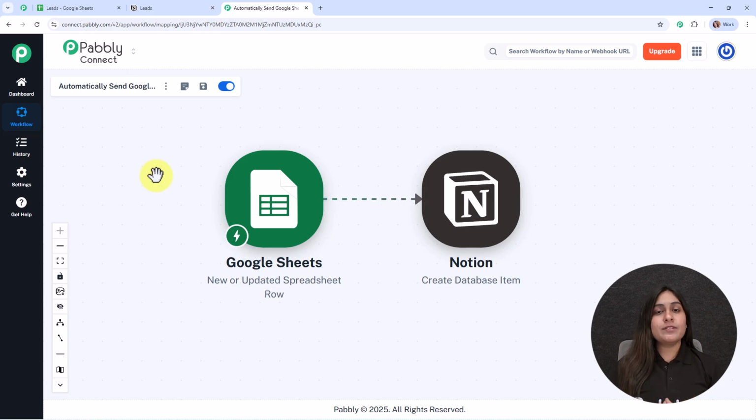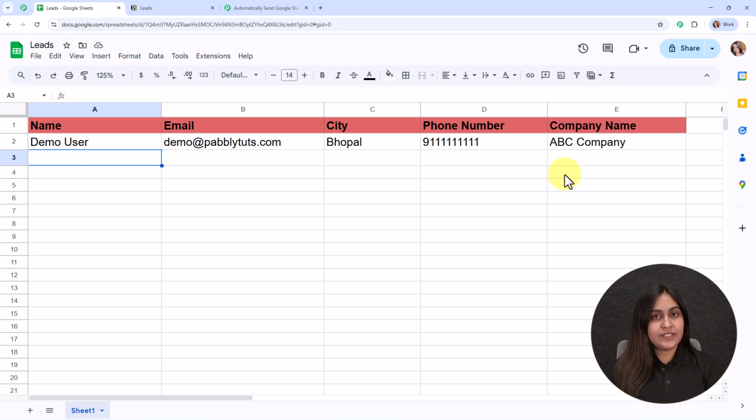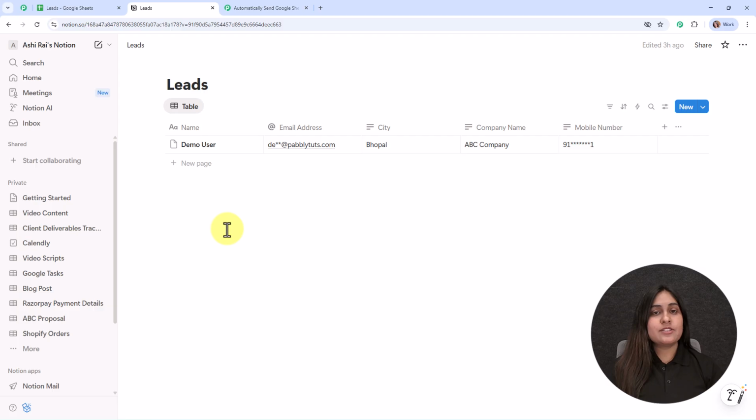And here, before we talk about this entire process step by step, let me show you how this automation actually works for my own business. So here I've created a Google Sheet with the name leads, and these are the fields. My objective is whenever my team adds any lead detail in this Google Sheet, then instantly that should auto sync with my Notion database as well. That means it should automatically add those details in my Notion database, so that my other team members can easily access my Notion database and also keep a backup of the same Google Sheets data in my Notion